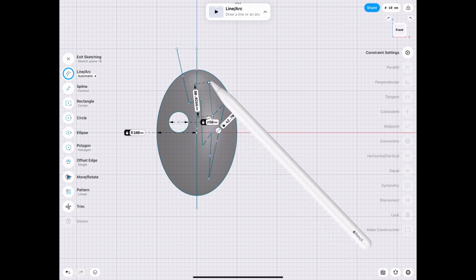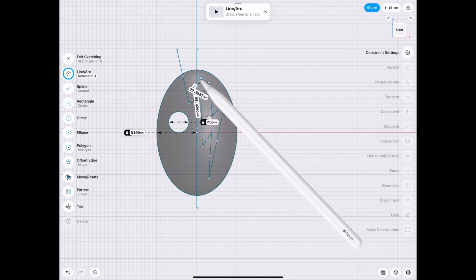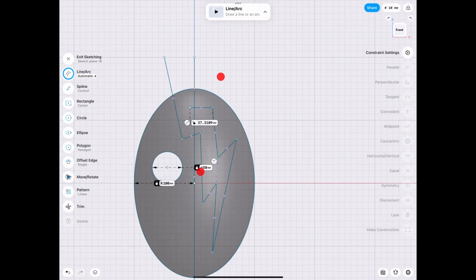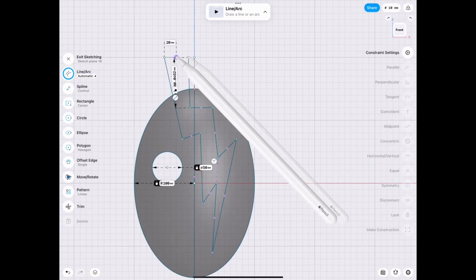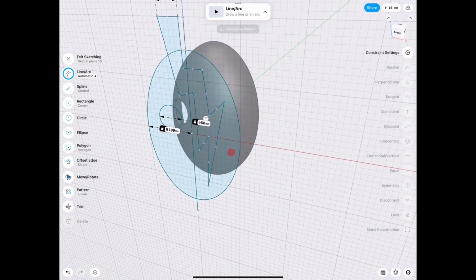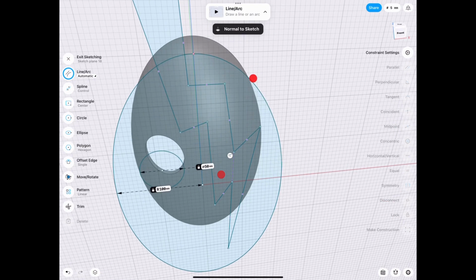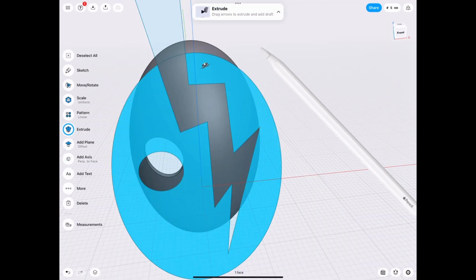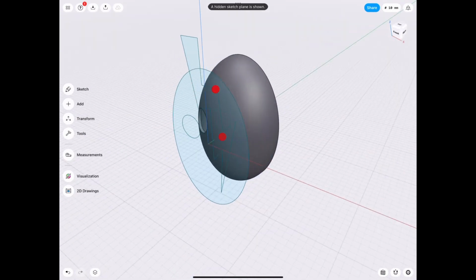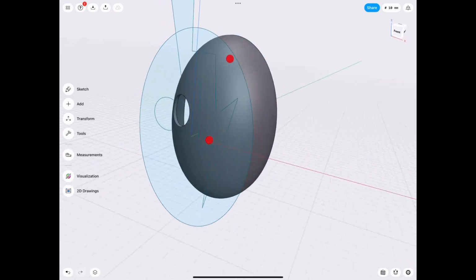All right. This is generic lightning, kind of like what you would draw when you were 5, but it still looks pretty cool. And so here's the thing I want to talk about here. Let's delete this sketch if we can. It's not letting us. No, that's just a center line. Okay. So anyways,